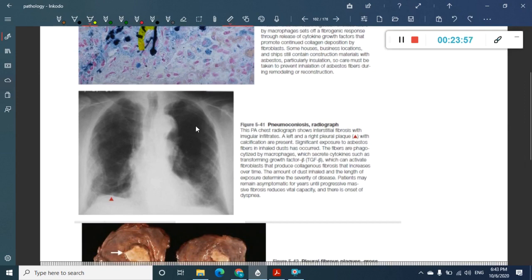What does this show? See, here there is calcification. This part, see this calcification. See, this part is a little whiter when compared to this part, right? So obviously it is calcified. So see this white and this white is similar. So this is nothing but bone, right? Humerus bone. Because this white and this white are similar, obviously it is something related to calcium in it. So this is calcification, that is pleural plaque calcification seen here. Okay, this is a picture of pneumoconiosis.